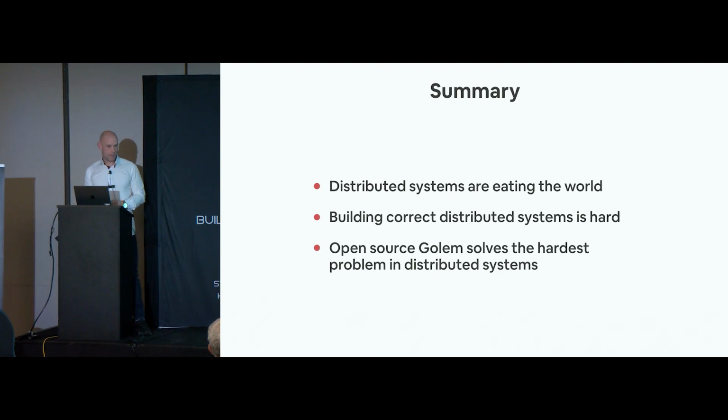Building correct distributed systems is very, very hard because of the difficulty doing atomic and consistent updates in systems with partitioned state. And open source Golem, it may not solve every problem in distributed systems programming. There's still a lot of work left for you to solve, at least in the case of building a database. But it does solve the hardest problem, which is the reliability problem. Reliable workers, reliable communication. And given those building blocks, you don't have to worry about that, and you can just work on computer science or business logic or whatever it is you want to work on. You don't have to think about the infrastructure anymore.